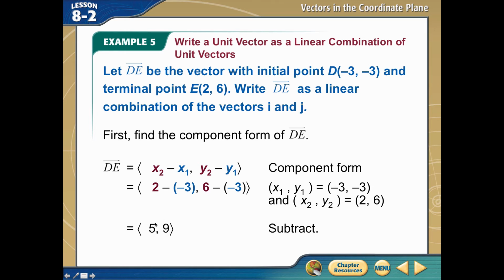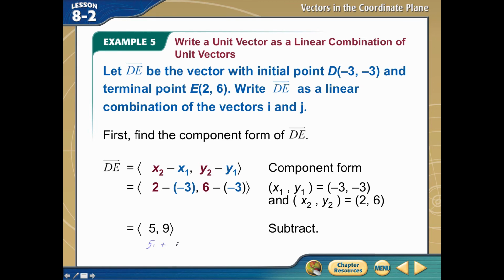And whether you're writing in component form or linear combination, it is the exact same vector, just a different way of writing it. So eventually we're going to get to the answer, but let me just show you. I'm going to change the pen color because I can. I'm going to go blue. So if you have the component form vector 5, 9, and you want to write this in linear combination, it is